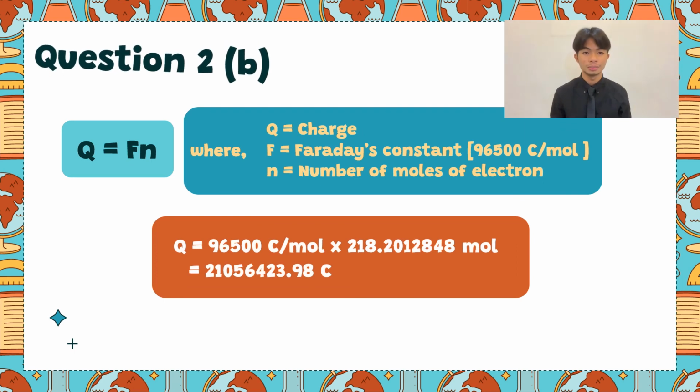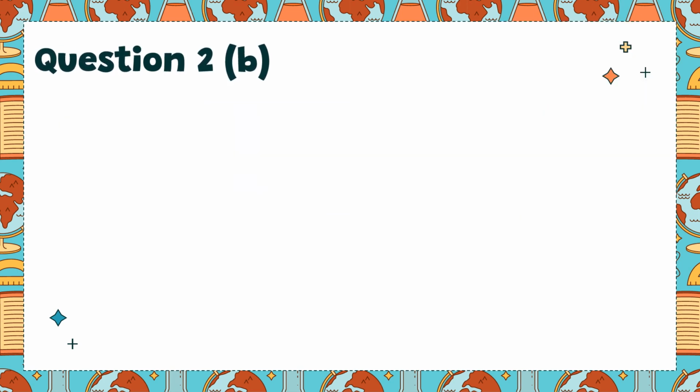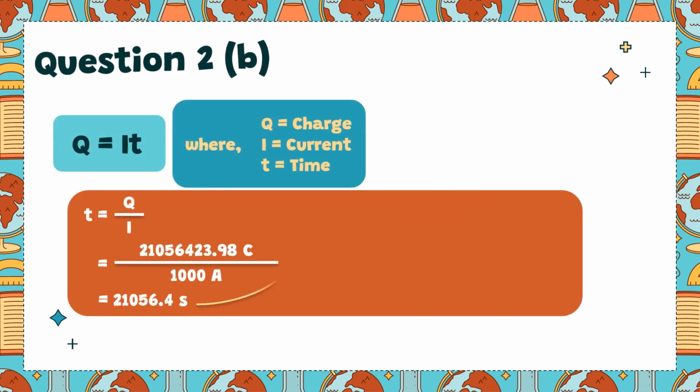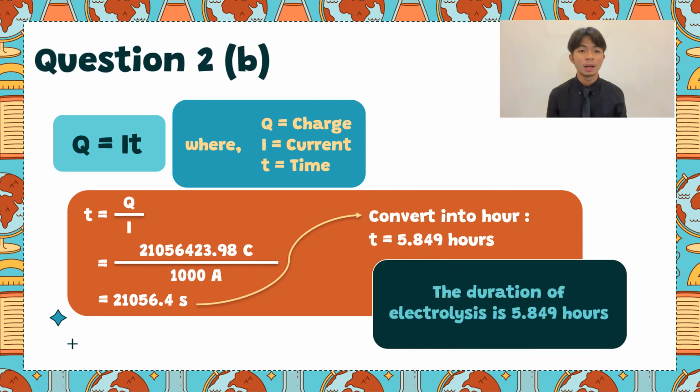After calculating the moles of electrons, we can use the formula Q = Fn to find the charge, and these are the solutions. After we get the value of the charge Q, we can use the equation Q = It. We can rearrange the formula to get t, which is equal to Q over I. Substitute the Q and I, and we will get